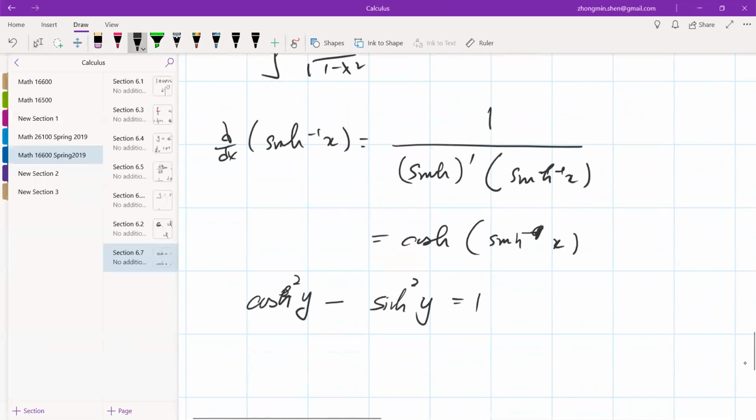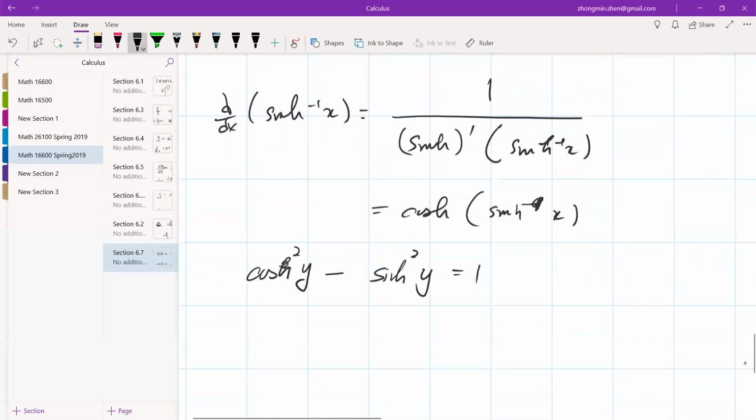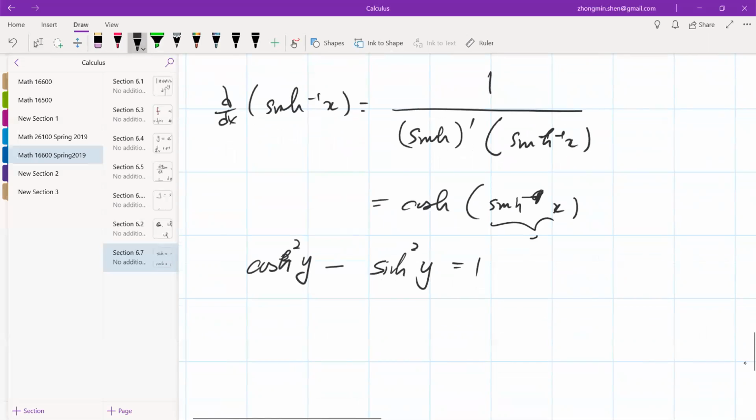Okay, this is an identity. So if we consider y, that means hyperbolic cosine of this is going to be the square root of 1 plus